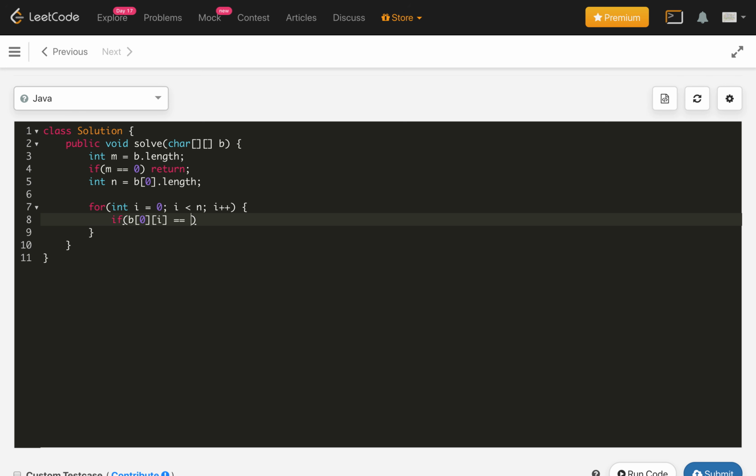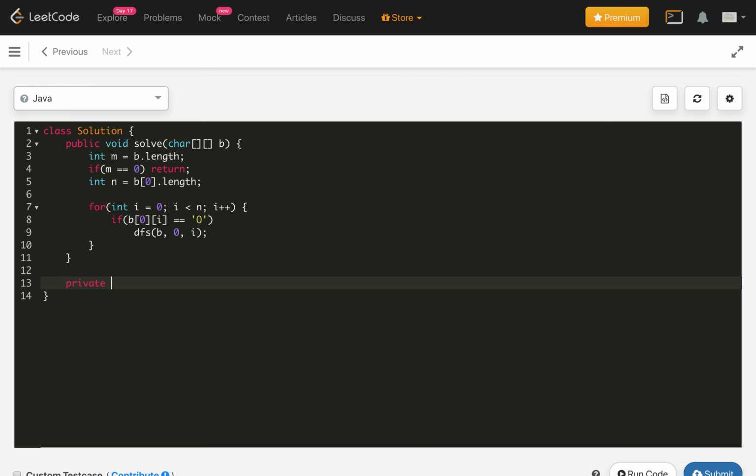If this is equal to the character O, then we will call the method DFS, and we will pass the board v and the indices, which is 0 comma i. So once we pass this to DFS, we have to write the DFS method here.